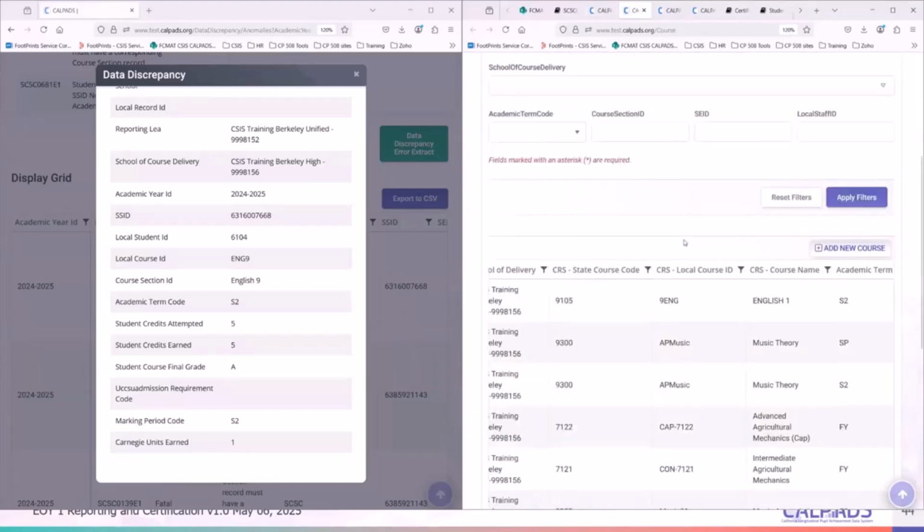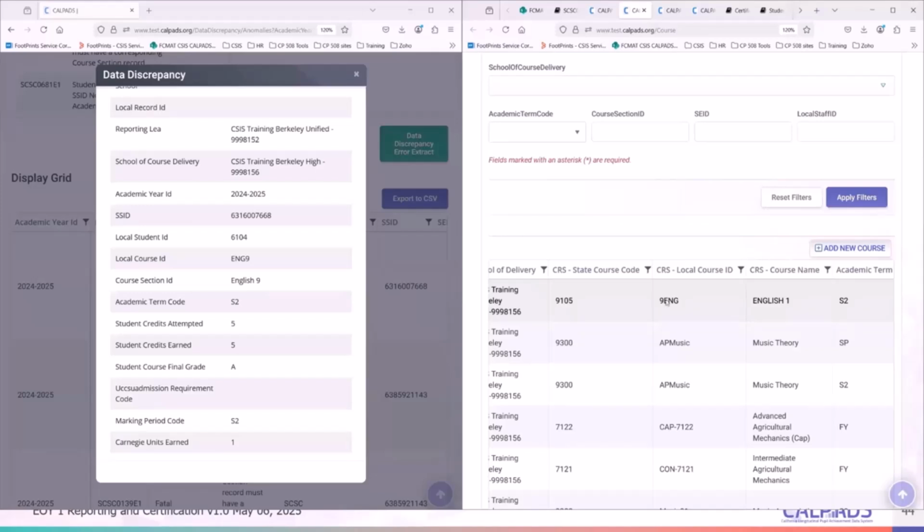So now you have to go back to your SIS and see what the naming convention should be. If you determine that this is incorrect, then obviously you have to resubmit your CRSC records with the correct local course ID values.